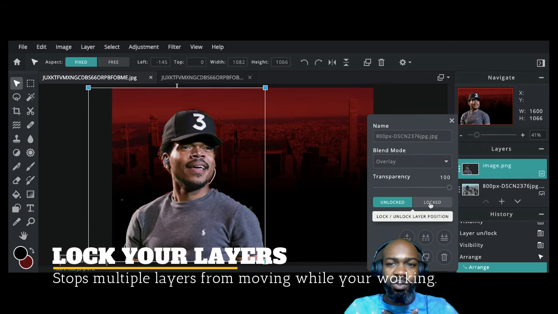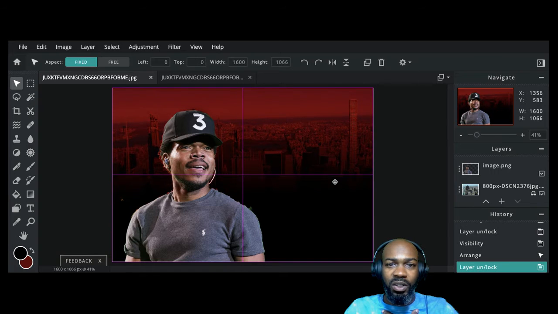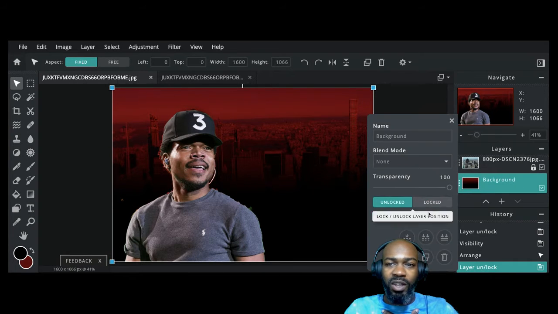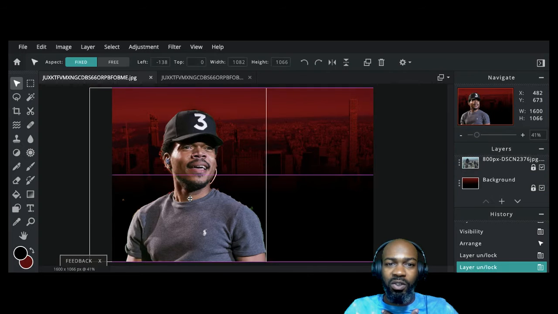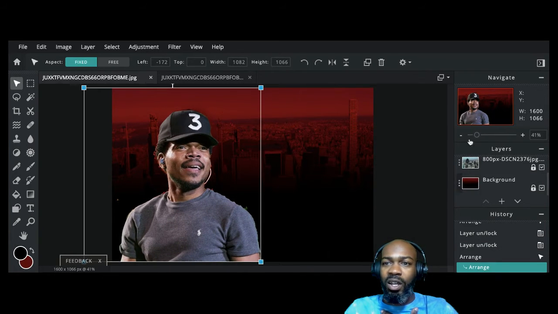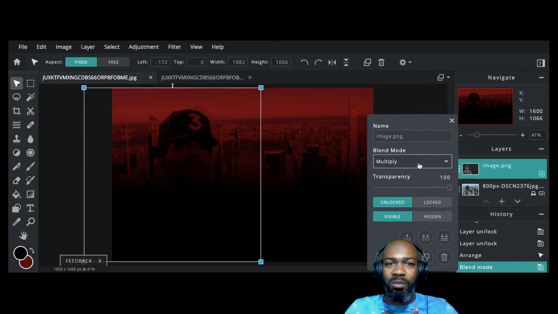So you click these three little dots and go to where it says lock. This will lock your picture so it doesn't move when you try to do anything else. Right now, the picture that's moving is my background, so I'm going to lock that also. Now the only thing that moves is Chance. So I'm going to move him over to the side right here, and I'm going to add a quick layer effect on it